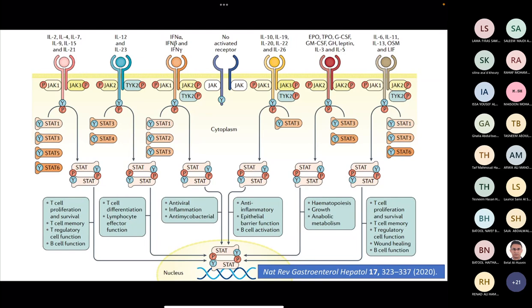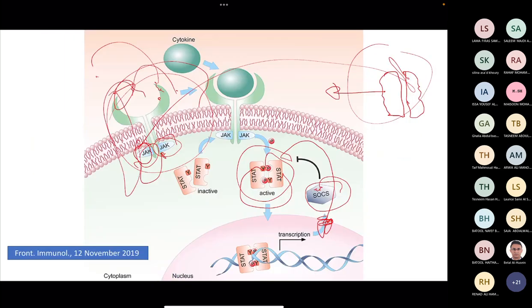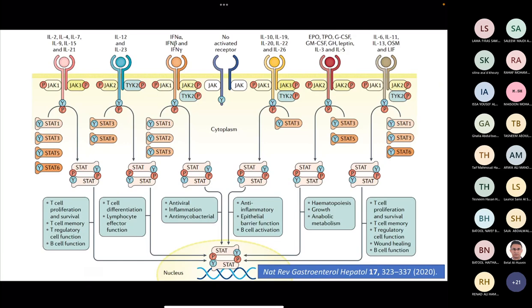One subunit of the receptor is different from the second subunit. And the variability in those mediates different effects. Different cytokines bind to different heterodimers of receptors, and the different JAKs activate different STATs, and this results in different